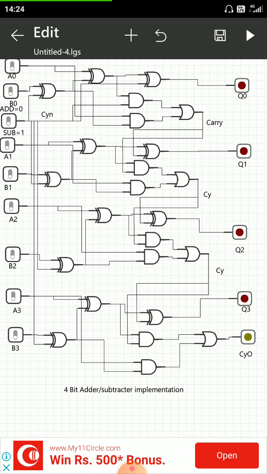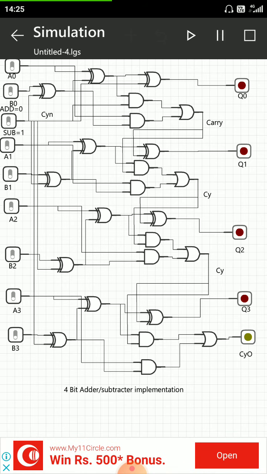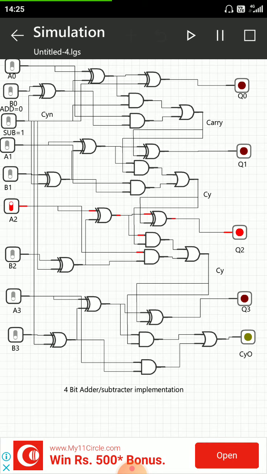So we will just implement it here. We take two numbers, 4 and 2, and add them and subtract them accordingly. The first number is 4. What does it mean? 0 1 0 0, means our A2 must be 1 and the rest of the bits will be 0. And for decimal 2, the binary equivalent is 0 0 1 0, so our B1 must be high,